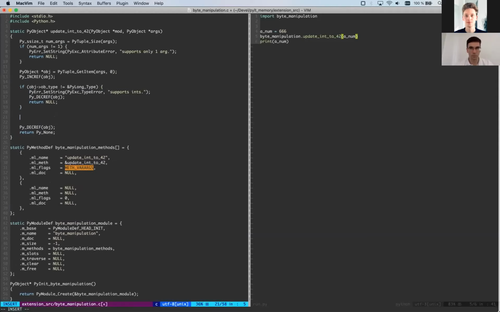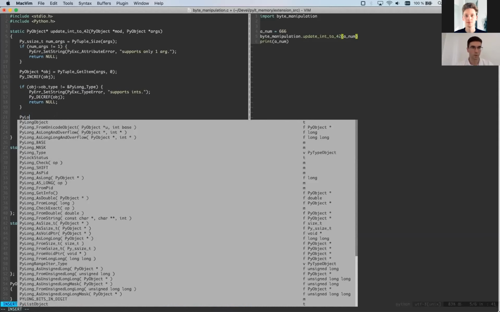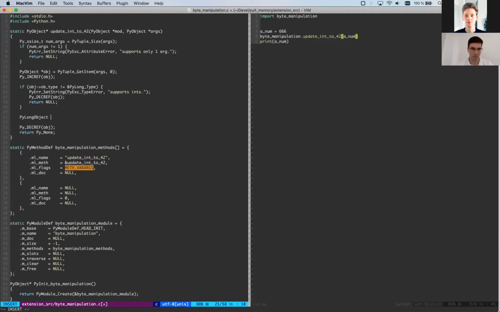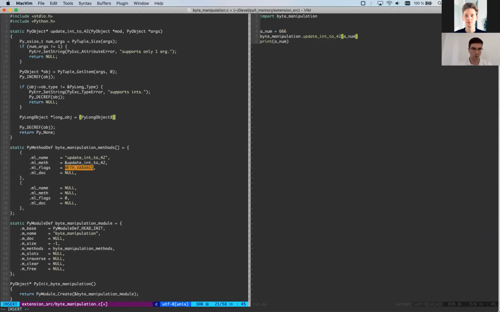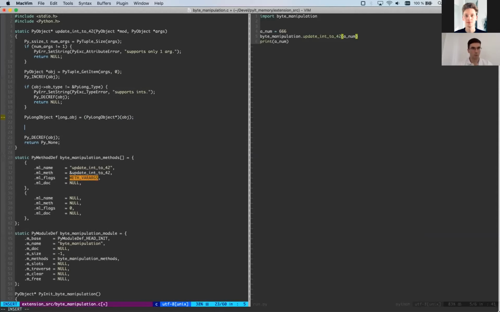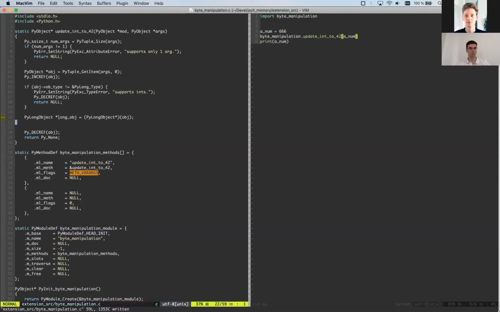So at this point, we know that it is an integer, and as I said, integers are stored as long objects, and we can actually cast the pointer to a long object. So we have a long object.